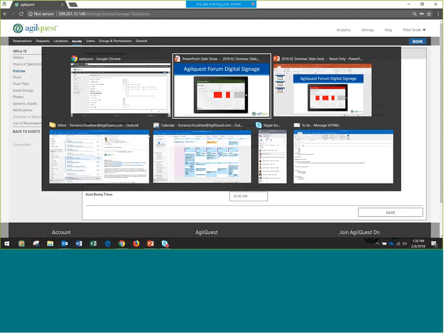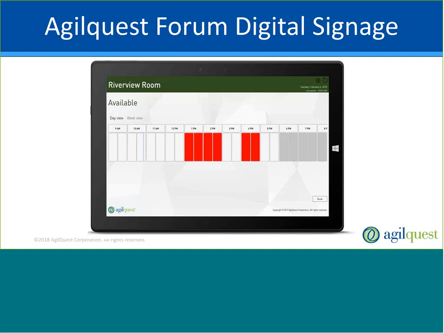And then the last item that I'm going to touch on, and this is another one that has been very hotly requested, is some digital signage. So this is a Windows-based digital sign, so it'll run on any tablet. This is a very similar interface to one that we use on an iOS device, but this is a Windows-based digital sign. It is a room-specific digital sign, so it would go up outside of a room,